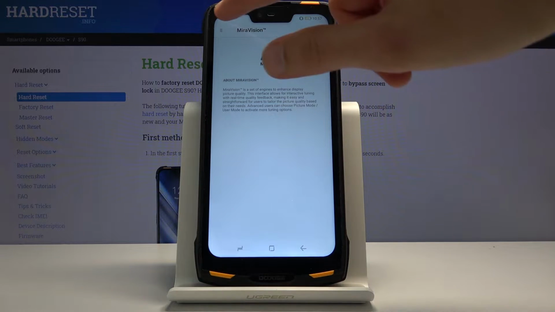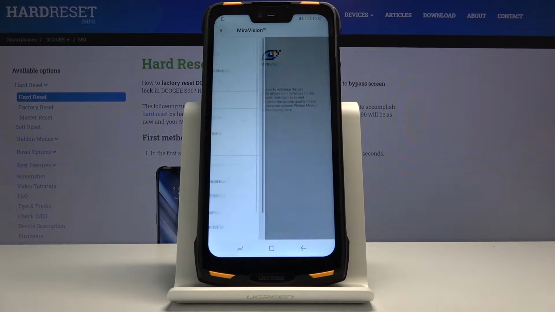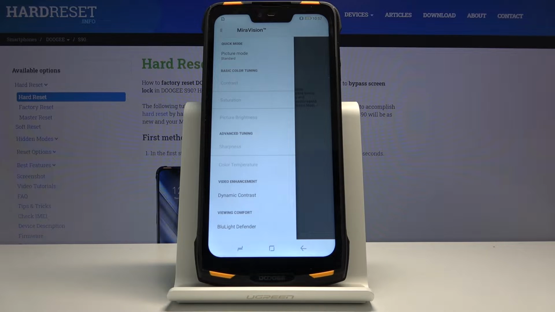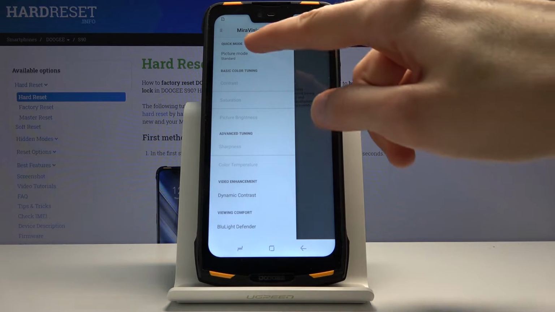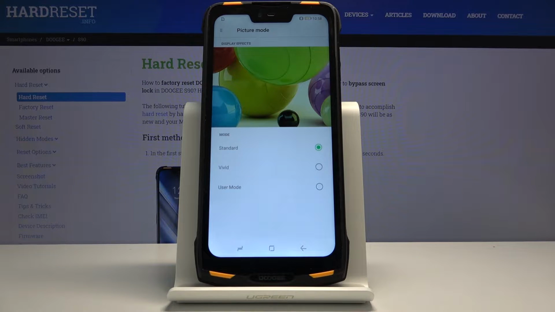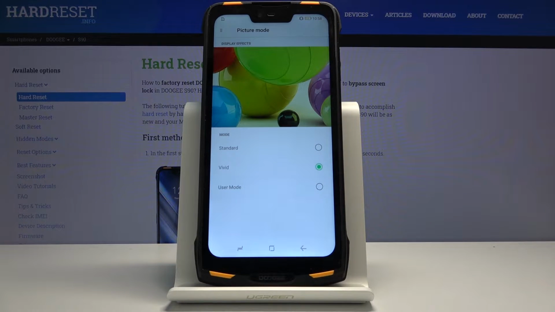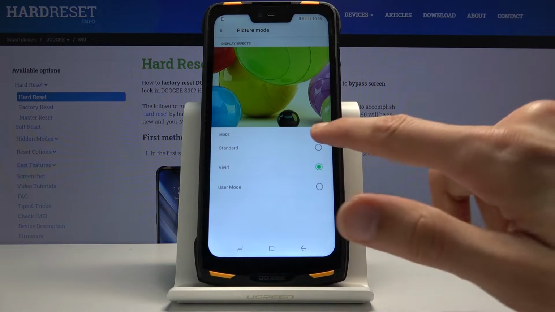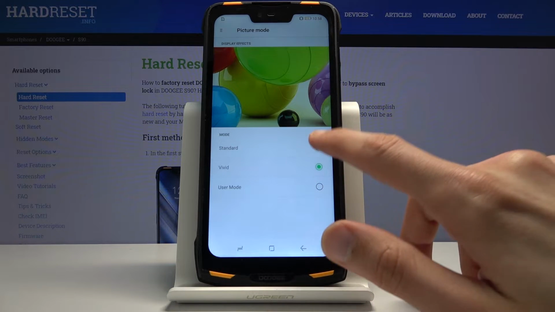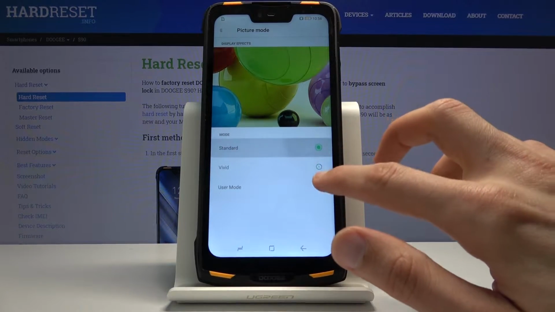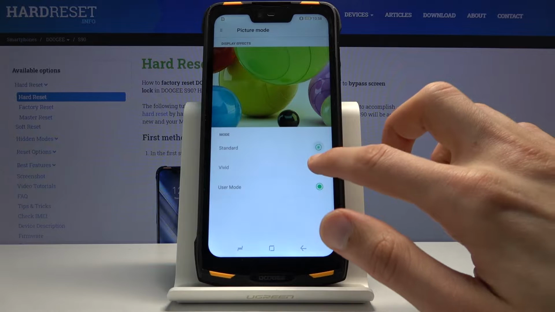Right at the top you should see Mira Vision. Now from here, tap on the three small bars that are located on the upper left corner and you'll have picture mode, which gives you a couple options. So you have an image, so you can actually see what changes are occurring. So you have the standard, which is set by default, and then you have the vivid, which adds a little bit more contrast or saturation to the image. So you can see that the red, for instance, is drastically different than before. Now you can see me switching it right now,